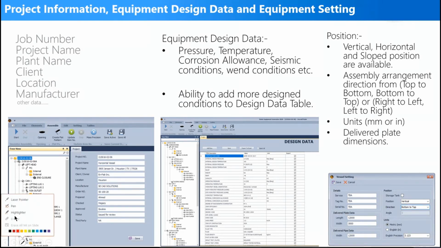In the project level, you will define the project information like project number, project name, plant name, client, and many other information regarding the project. Okay. After that, we will have the equipment level. In the equipment level, you will define the design data like construction code, internal design pressure,